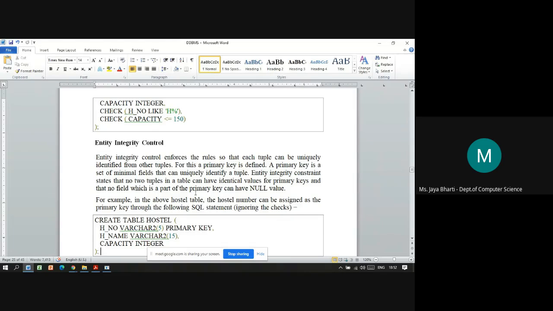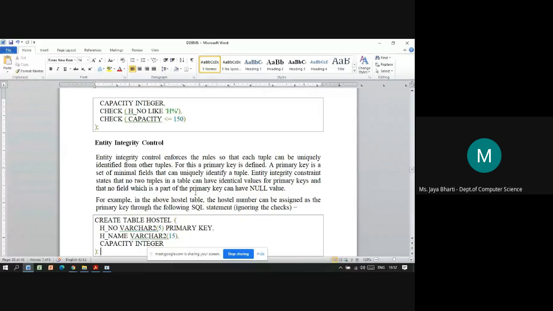Now tuples means rows or the record. In the algebraic term it is called a tuple, and the table is called a relation.